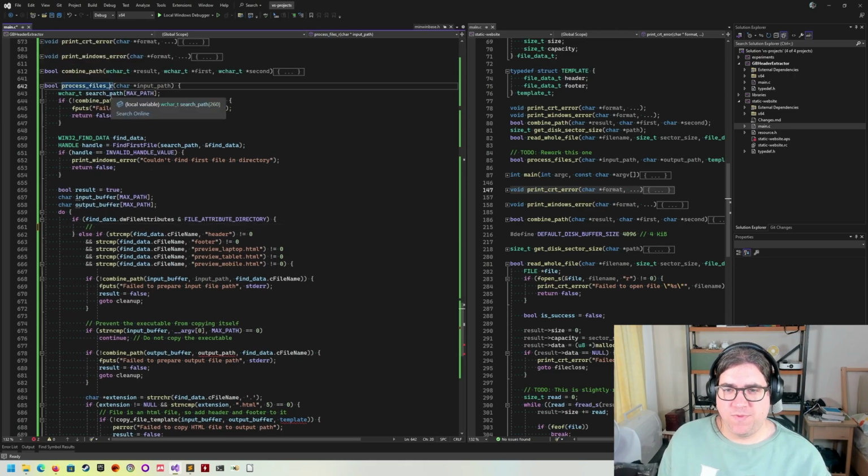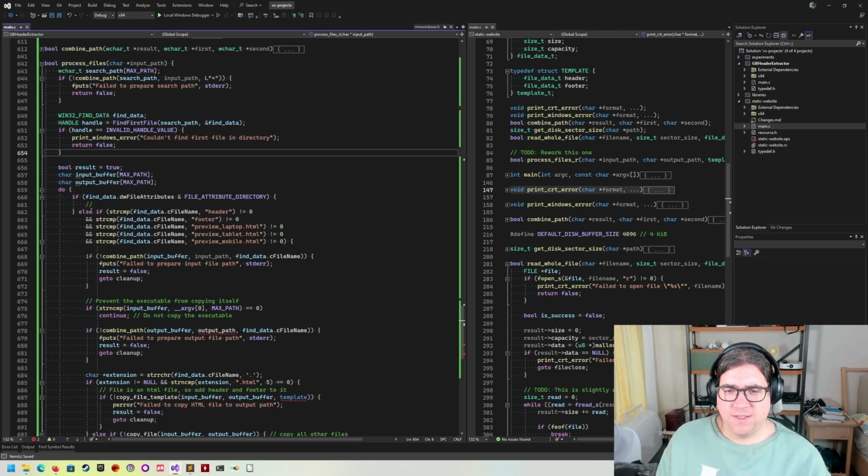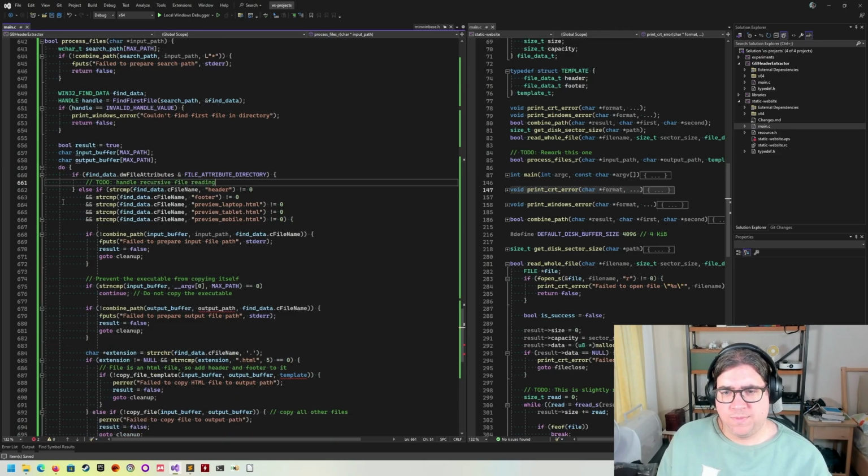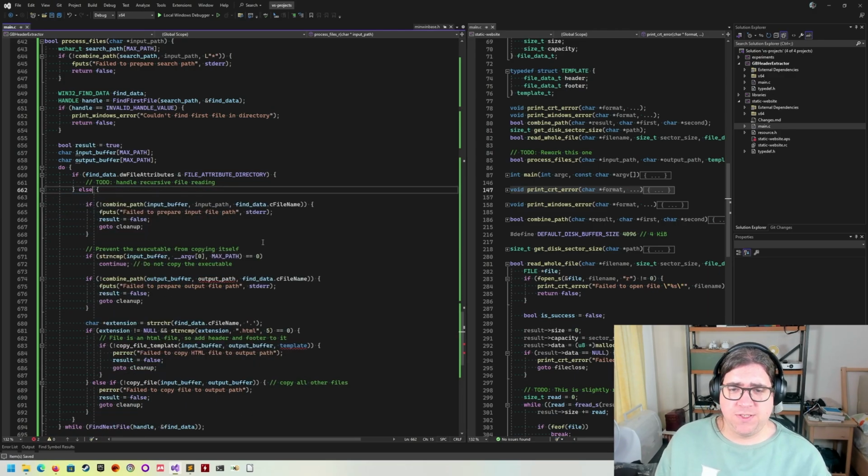So I should probably remove the R. Right. And this is all from the static website generator, where I looked for specific file names, which again we do not need to do for this project. And